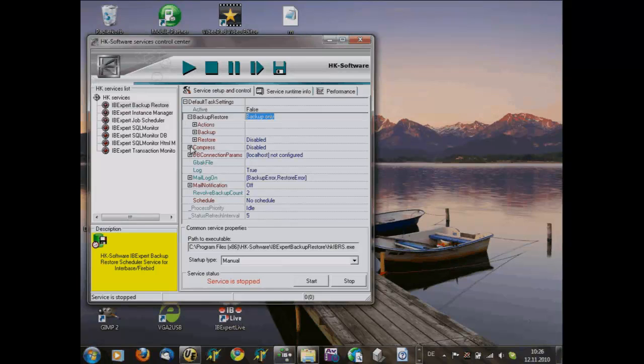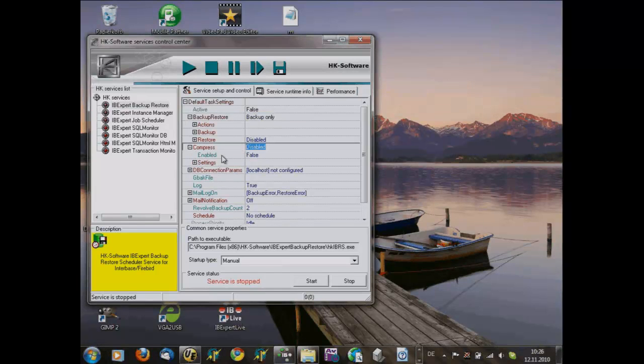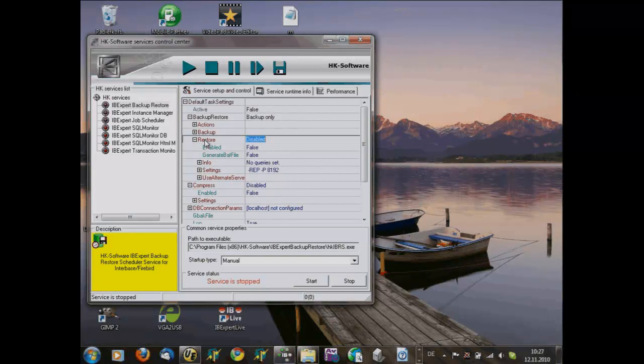And using this tool for a backup makes it possible, for example, to have the backup compressed on your disk. It makes a zip file or uses other zipper for creating the resulting part. You can define a schedule. For example, one job should run every day at 1 o'clock in the evening or in the night. And a second job should perhaps run every day at 12 o'clock noon for having 2 backups per day. But the daily backup, for example, should be automatically restored on a second server.